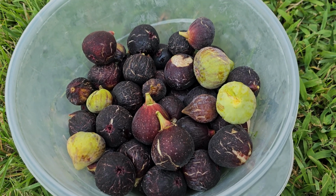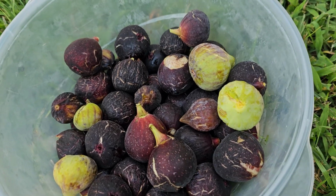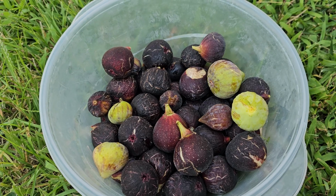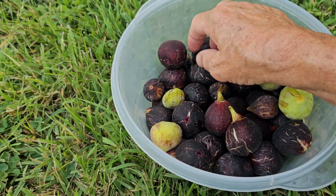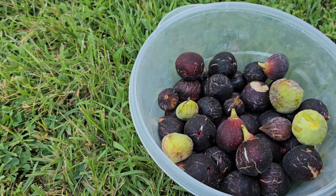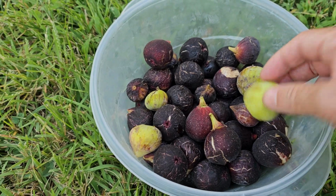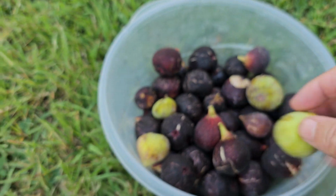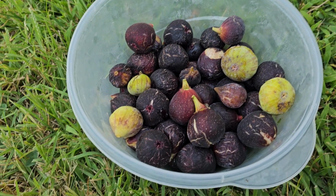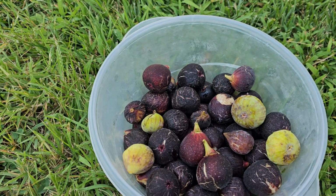Good afternoon. It is August the 21st, and I believe a Monday afternoon, and I'm out here picking figs. I've got some Italian 258 that I got from my container figs, which I'm going to bring you there if I have time. I'm going to try to make this a quick video, but stay on board, don't abandon ship,